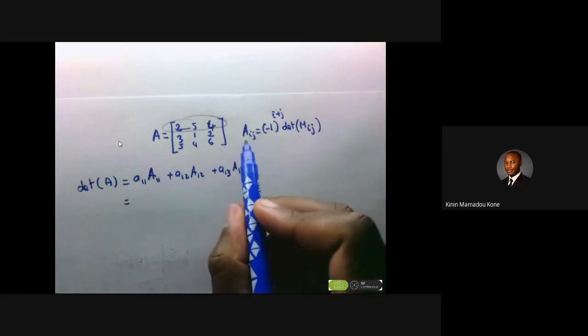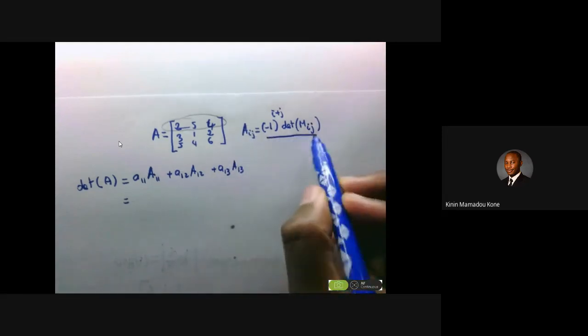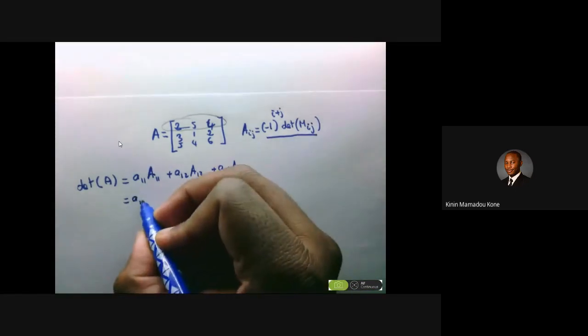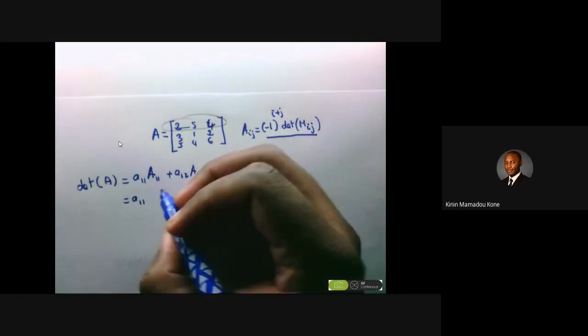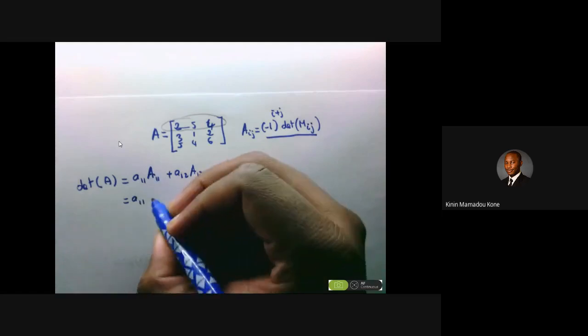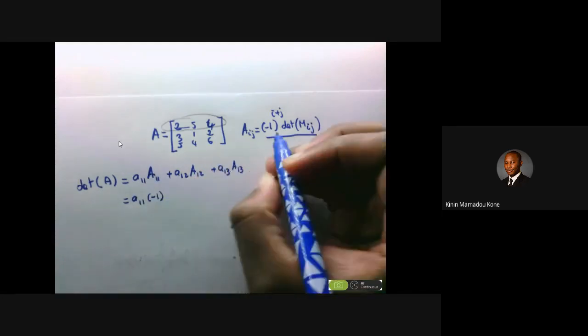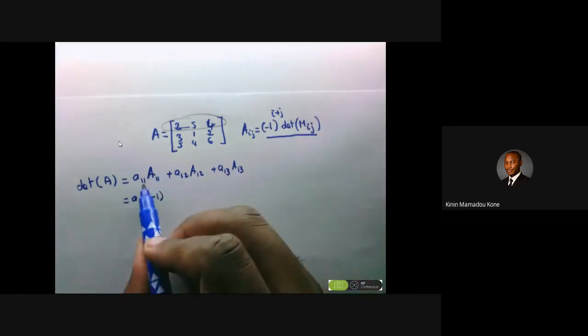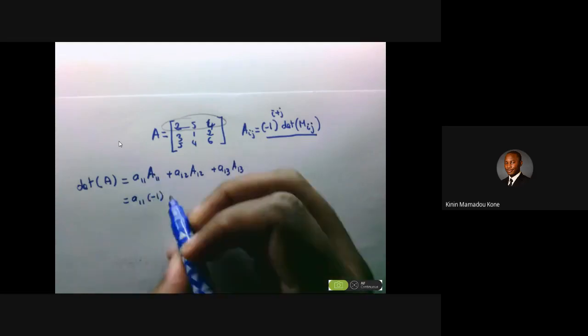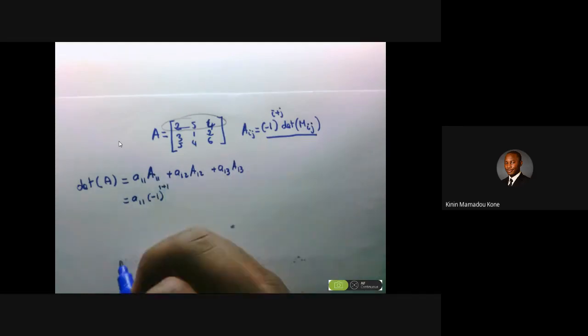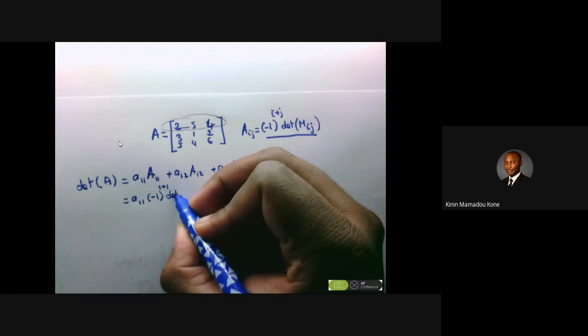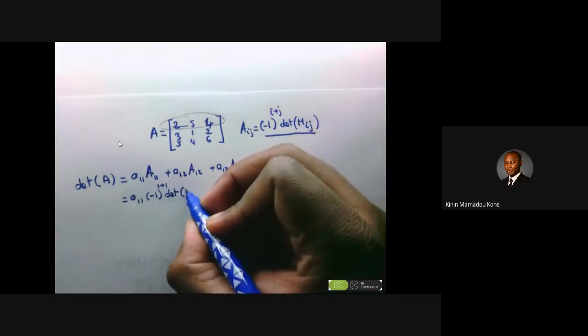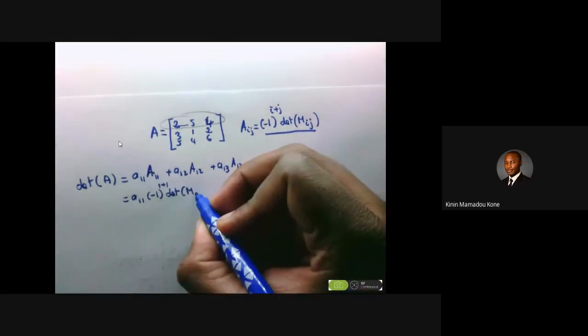So let me transform that cofactor into this. A11, and that's going to be negative 1 raised to the power i plus j. I here is 1, j is 1, so 1 plus 1, times the determinant of M11,